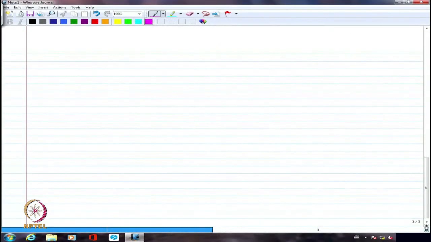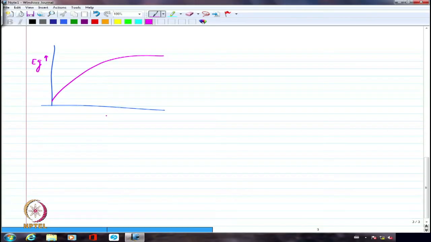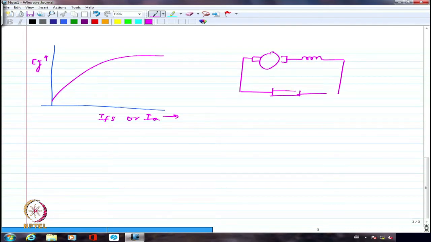So now let us try to look at again the external characteristics briefly. So if I am going to have actually this as the OCC, right? This is EG and this is going to be my IFS, or I would say this is also incidentally IA later on when I am going to connect it really as a series generator. So when I connect it as a series generator, I am going to have this along with this field, and then I am going to have the load here. Right? So this is RL. This is, if I say this is plus and this is minus, I am going to have this as VT, the terminal voltage. Right? And I am going to have RA here